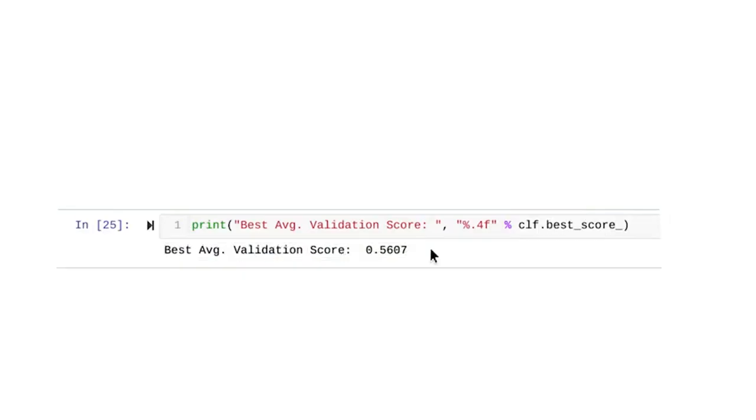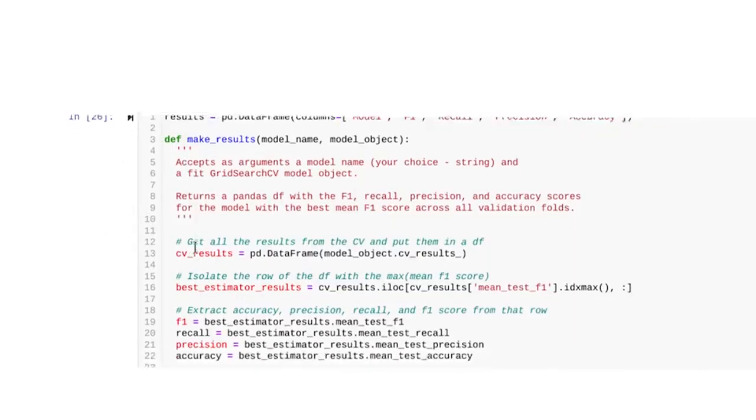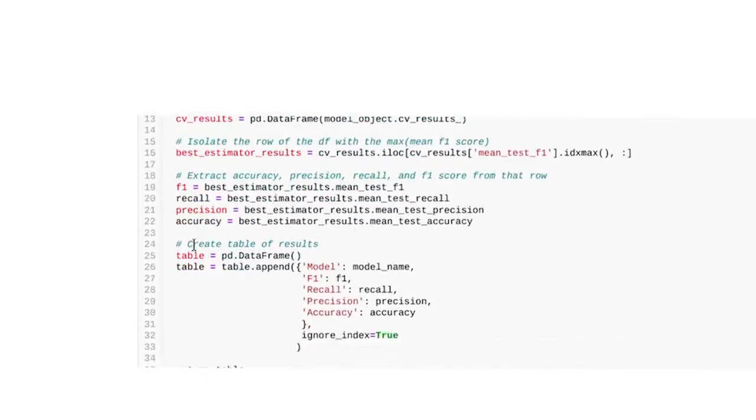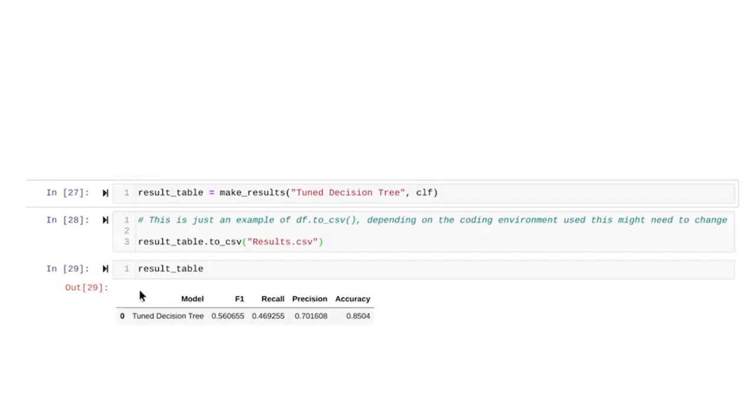0.5607. This final code block is a helper function to extract scores for the model. It produces a data frame that has the name of the model along with the 4 scores you've been using. Call this function at the very end and save the resulting data frame as a CSV file for later use. Right now, there's nothing to compare this score with. However, note the model has an F1 score of